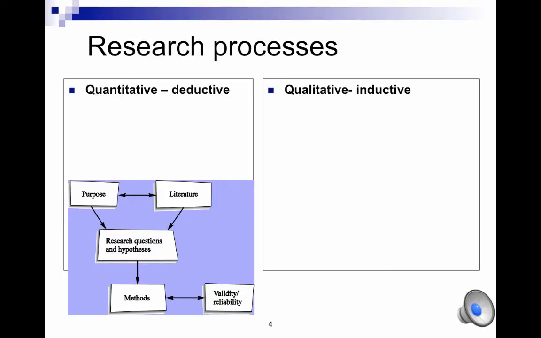We also learned that quantitative and qualitative research follows different research process models. Quantitative research is deductive, and qualitative research is inductive. What does it really mean? First, if you take a look at the process model for quantitative research, it's very much a linear process. Researchers develop hypotheses or research questions based on their goals and theories from existing literature. They then design their instruments or experiments to collect data, and finally they analyze data and write up reports based